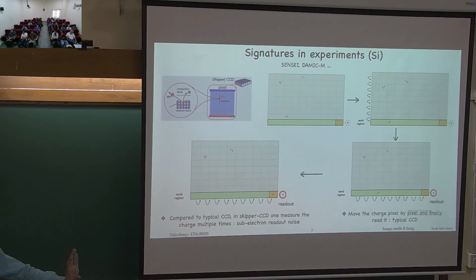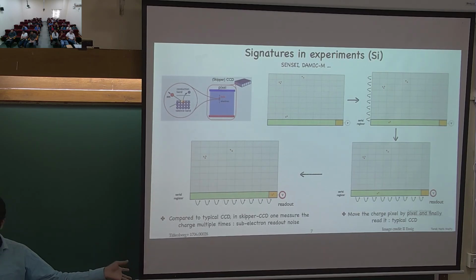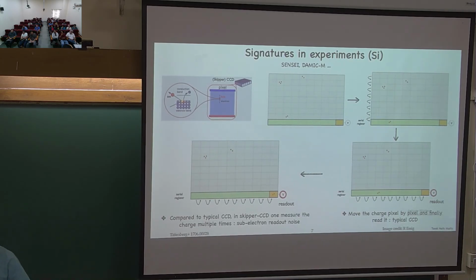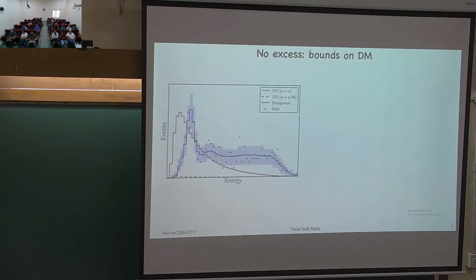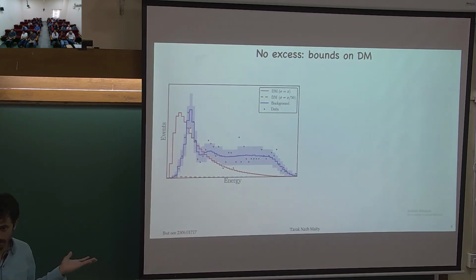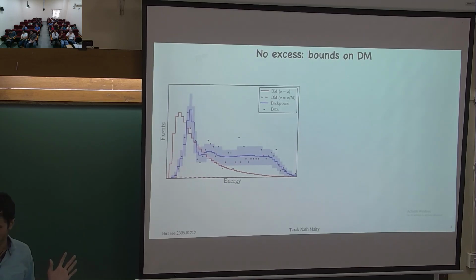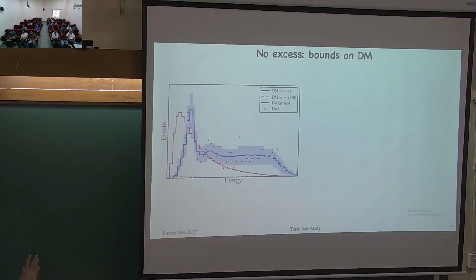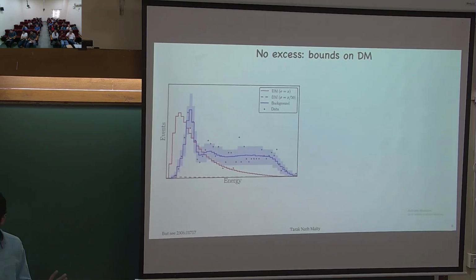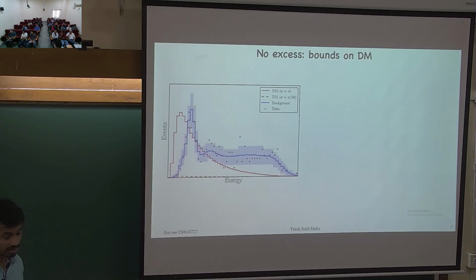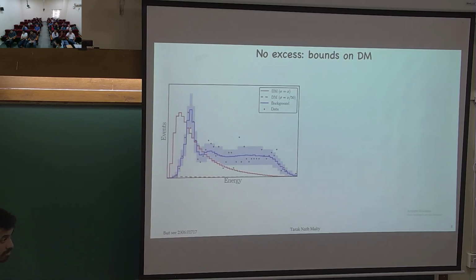Okay, now here also we do not have a handle to separate out nuclear and electron recoil. I'm mentioning this because this is important for the latter topic. All these experiments have tried to search for, let's say, dark matter electron interaction. They have not found any excess. That leads to the bounds in the dark matter parameter space. This is again a schematic figure. What has been plotted on the x-axis is the energy, and on the y-axis is the number of events. SENSEI only shows the dark matter electron spectrum.